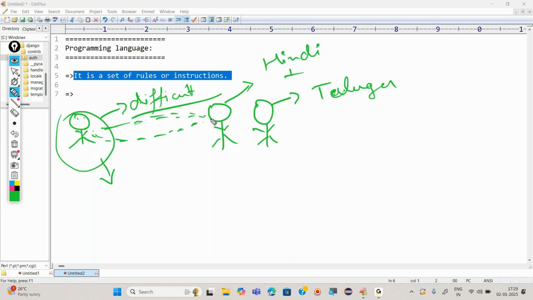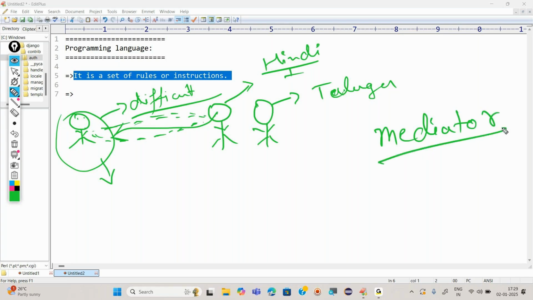So he will try to convert whatever they are speaking into Hindi and convey it to this person, so that he can also join the conversation. Now there is a mediator,